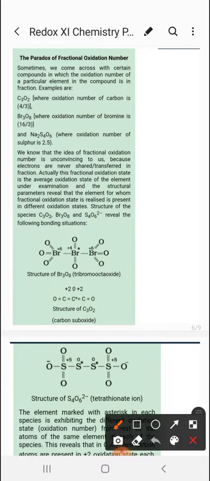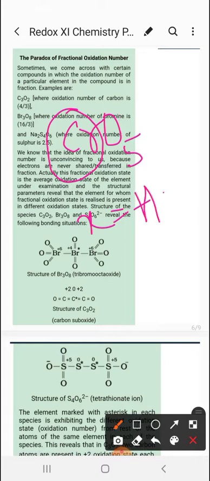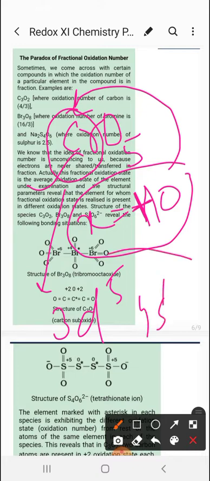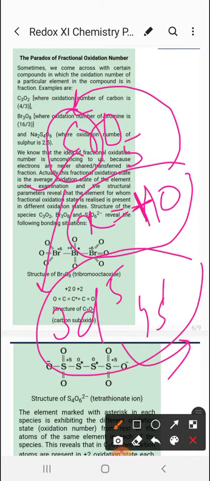In the previous video I discussed disproportionation reactions and how to calculate the oxidation number. There's one example: if I solve it for chromium oxide and calculate the oxidation state of chromium, it comes out to be +10. But is a +10 oxidation state of chromium possible or not? The electronic configuration of chromium is 3d5 4s1, so it has 6 valence electrons. The oxidation state cannot be more than +6, but here it is showing +10.